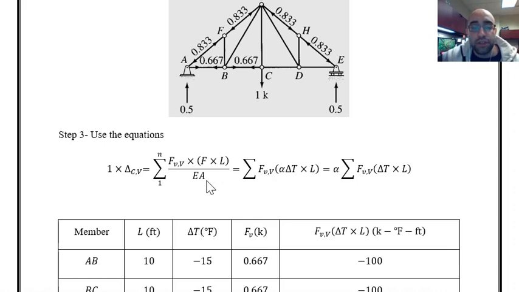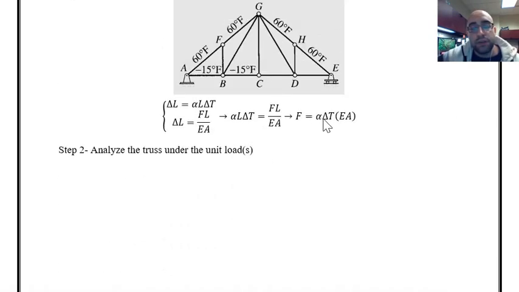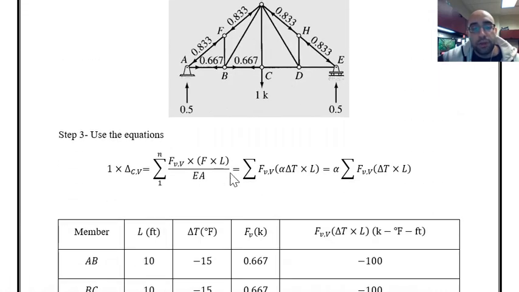In this specific situation, we found the force based on this equation as alpha delta T EA. Putting that instead of the force, this EA will be cancelled with the EA that we have on the top, and this will be the formula to use in the equations that we have for virtual work